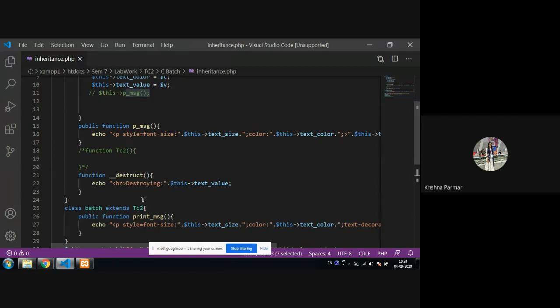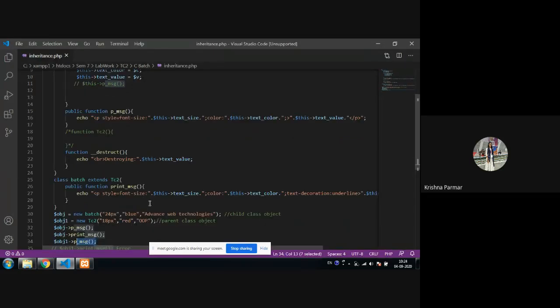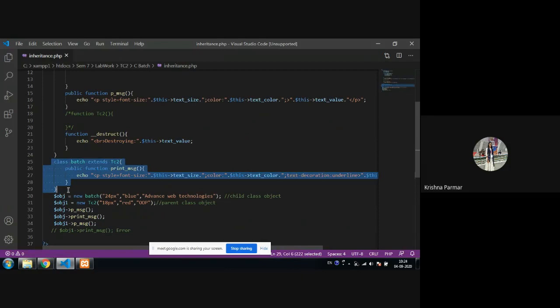So this way your inheritance will work, where you create one class, then another class, that is your child class, and at last you create both the class objects and call them so that you have an idea of how inheritance works. Okay, so this is all about your inheritance.